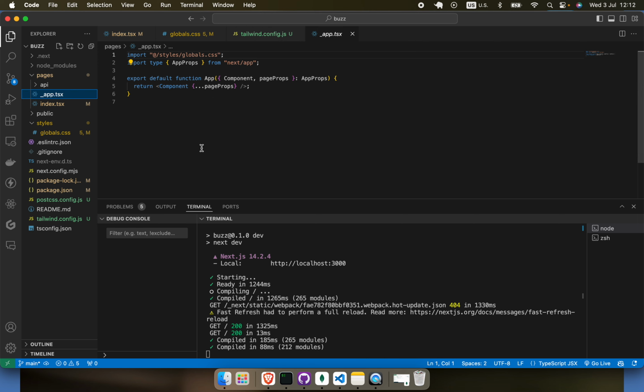And just wrap it like this, Layout, and you can indent it a little bit. When you save, you're gonna get an error because layout does not exist yet. So just go into components. Sorry, you should not have this folder. So create a new folder called components right here and create a